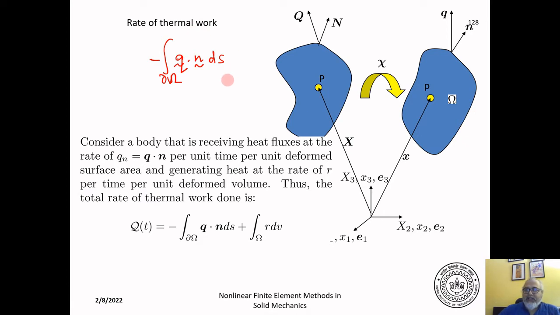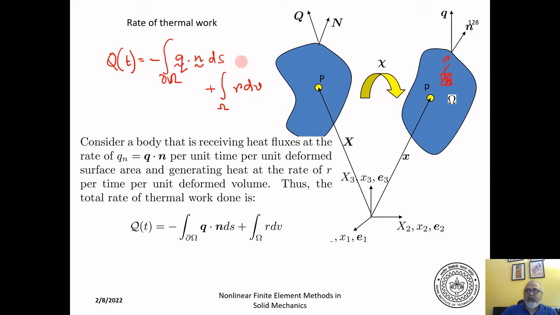And then there is, analogous to the body force for every volume, R, the volumetric rate of heat generation. So R is the heat generated within the body due to, say, chemical reactions or nuclear fission or whatever taking place. That gives you the total heat generated. It's R dV integrated over the whole volume. So this gives you the rate of heat